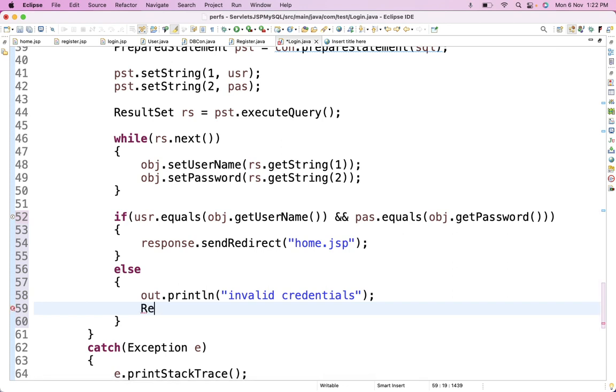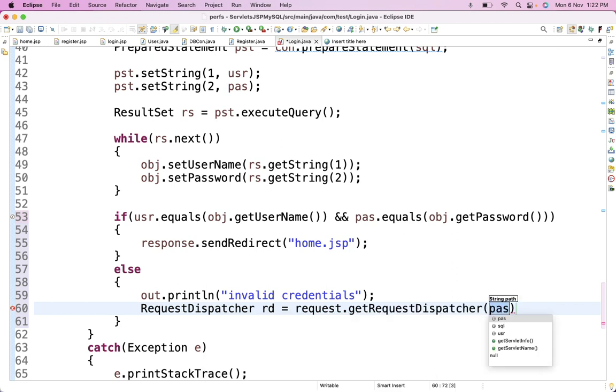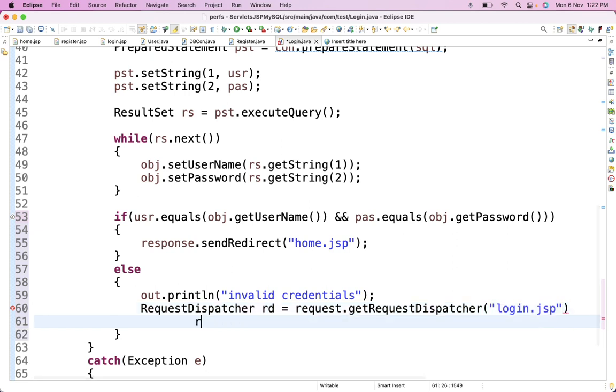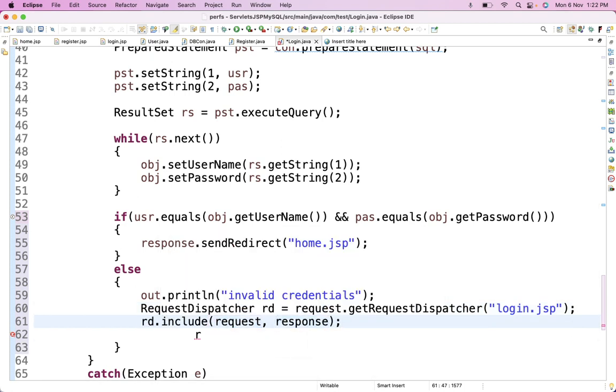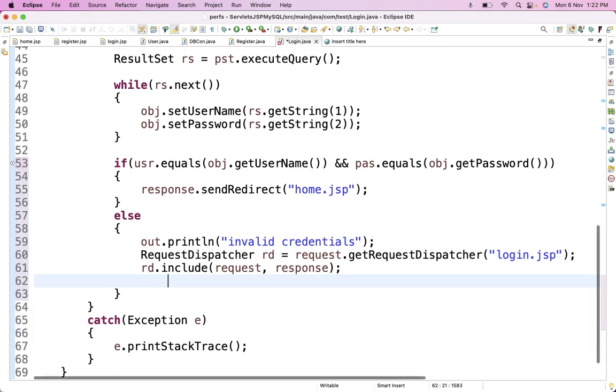Here I'm taking the RequestDispatcher: RequestDispatcher rd equal to request.getRequestDispatcher, the same login page we have to display, and rd.include method will include your request and response. Invalid credentials. Let's save it